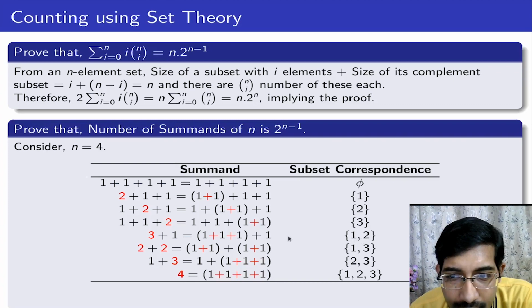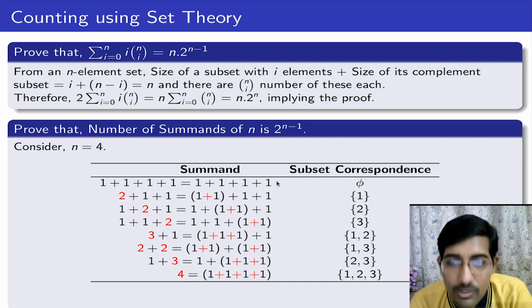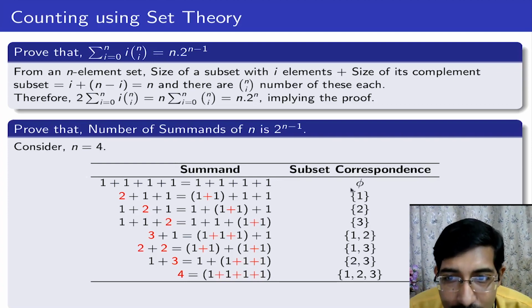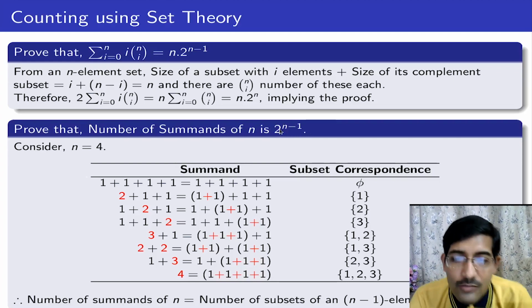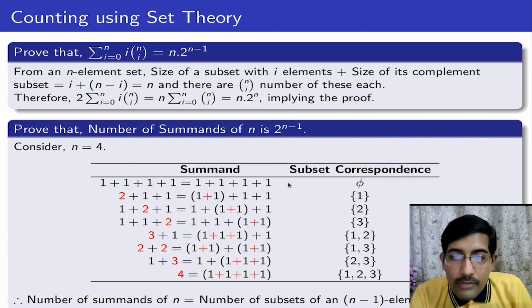This set says add the first and second plus together. This set says add the first and third plus. And this set says add the second and third plus. This set says add all pluses. So therefore you can see that I have a correspondence of this particular number of summands with subsets, where I found that the number of subsets possible with n minus 1 elements is the answer. So the number of subsets possible with n minus 1 elements is 2 to the power n minus 1. Okay. So this we call counting by correspondence with the set.